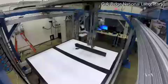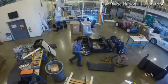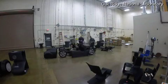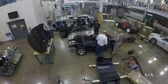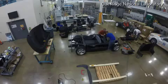Ivester says the car was built in 6 weeks by a group of 6 people at the Oak Ridge National Laboratory in Tennessee. It's printed in about 6 pieces. There's one piece that's the core chassis and mechanical structure, and the front end and the back end of the body were each produced in a couple of pieces that were joined to each other, and then they're bolted onto